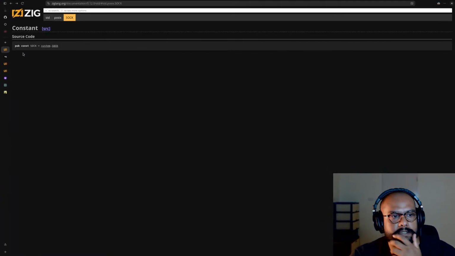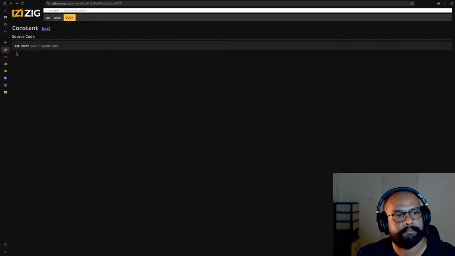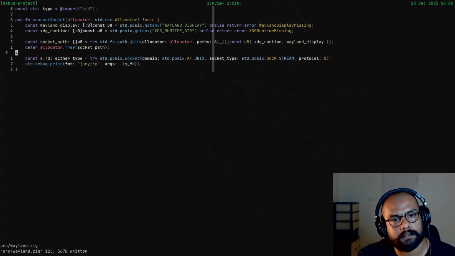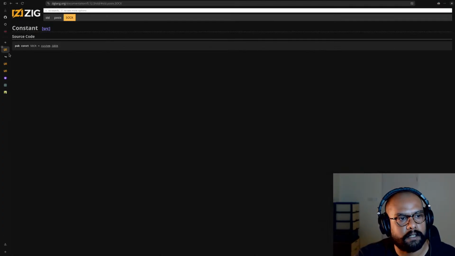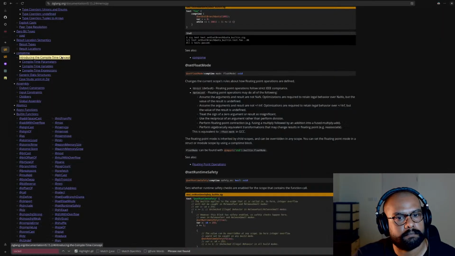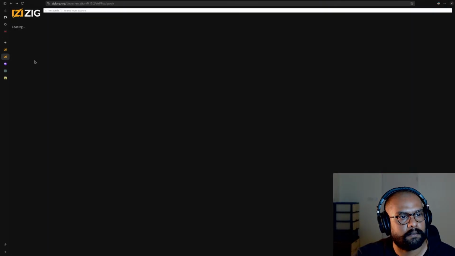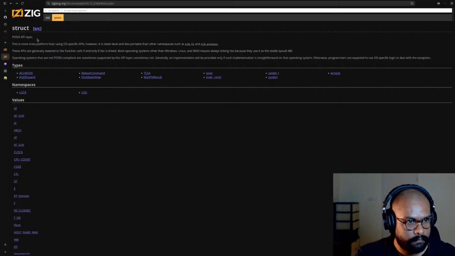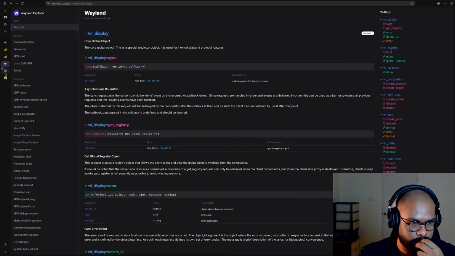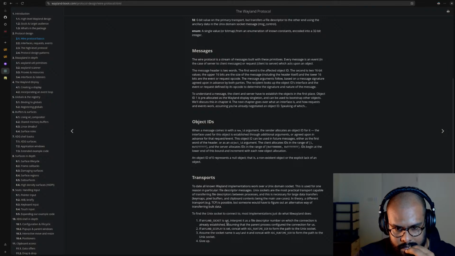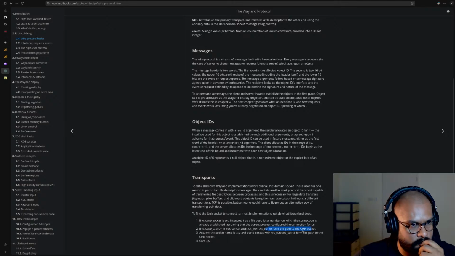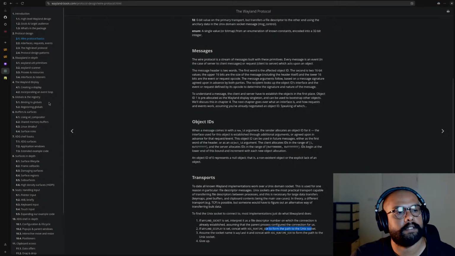Okay, what happens next? Still haven't used the path though. What do I do with the path? So, I will leave this on there. Concat with XDG runtime directory to form the path to the Unix socket. Okay, let's have a look at